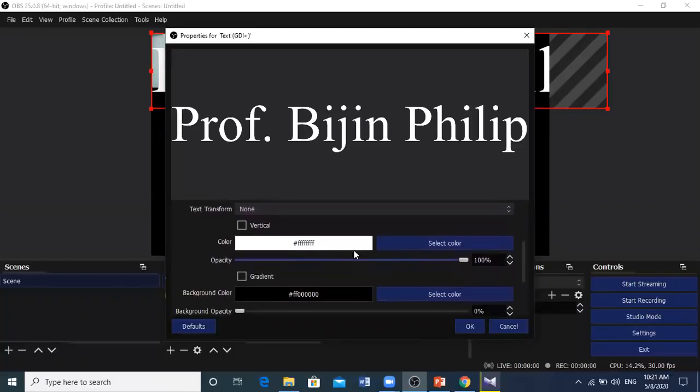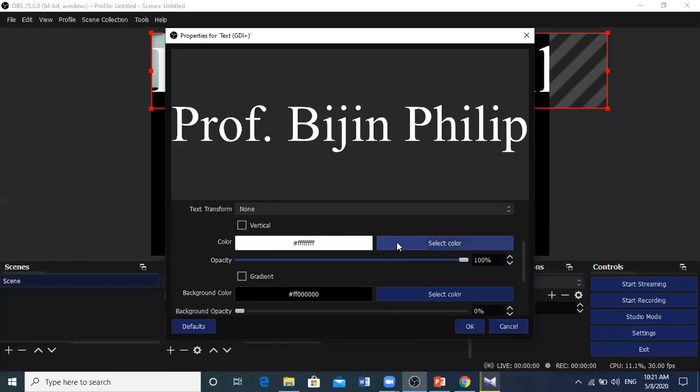Again, you can see the color. Right now it is white color. You can change it according to your preference, but make sure that if your PPT has a white background and you are giving a white color font, it won't be visible. Whenever you give the color for your text, make sure it matches your PPT background color.